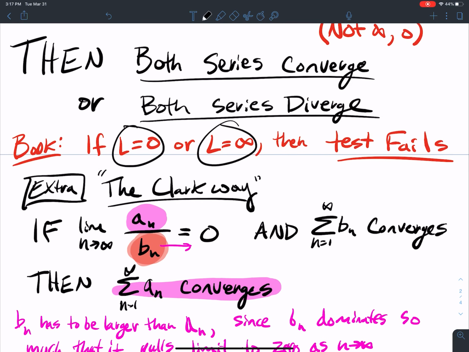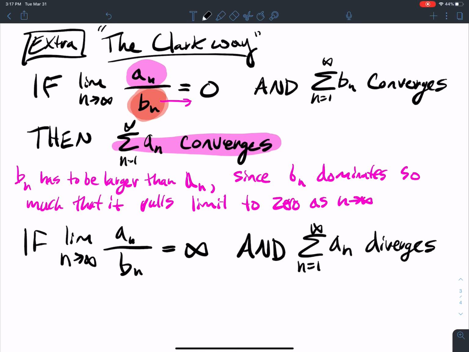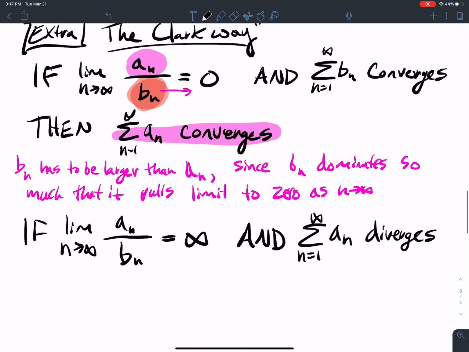So if that's all we know. But if I also know the series n equal 1 to infinity of a n diverges, I'm sorry, not a n, but b n, diverges,